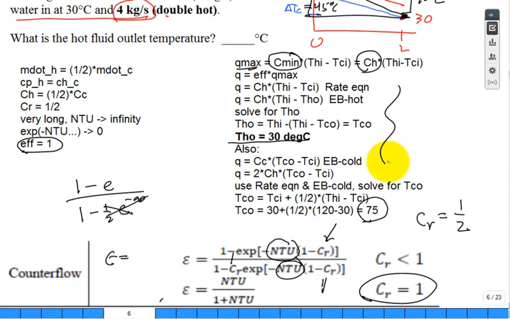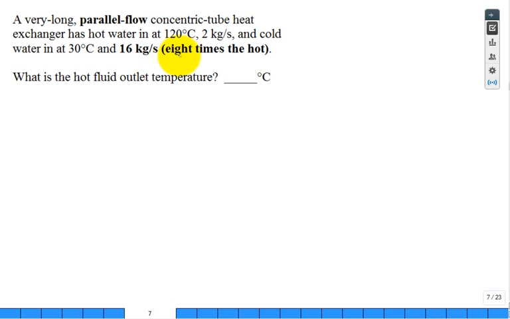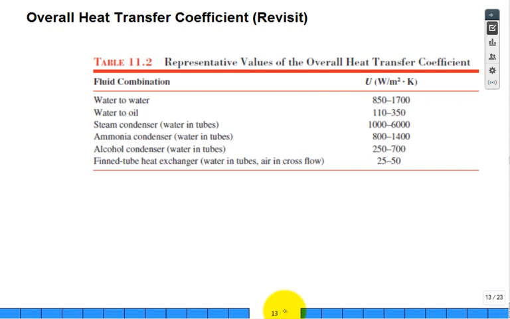Same equations. All right. Well, once you have fun with that, guess what you do? You crank it up again. You go 8 times. And maybe you make it parallel. You can solve these. What I want to do now is I want to just highlight this table in the